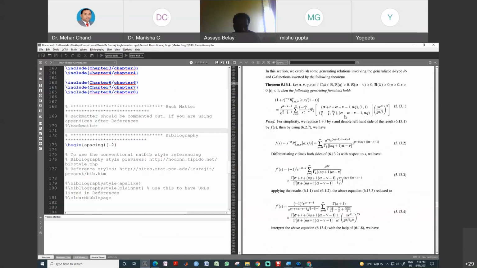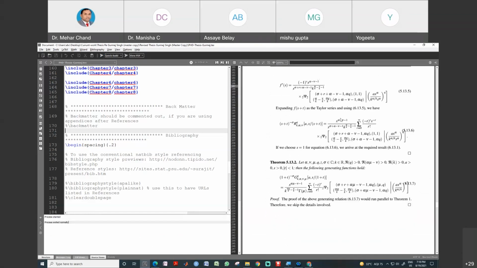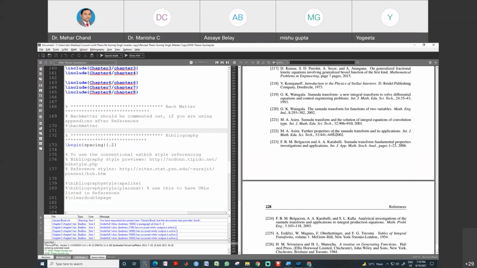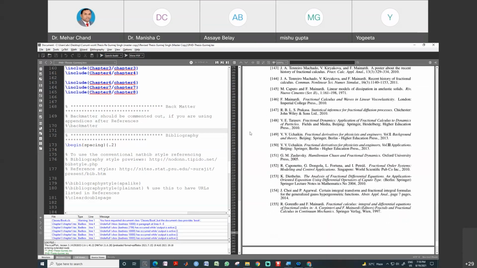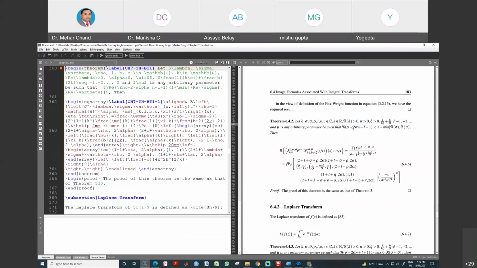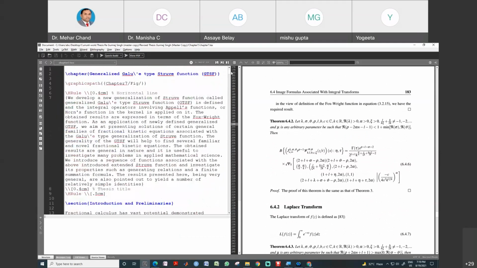Okay. And if you want to edit this equation, and sorry, when you execute any equation, suppose this is the equation and you want to edit it, just click at this place and jump to the equation. This equation exists in chapter number 7. You can see this is the file and this is chapter number 7. Go to the top. This is chapter number 7.